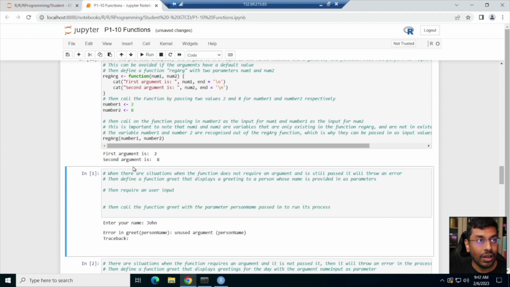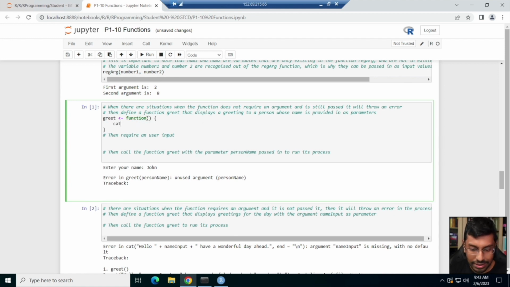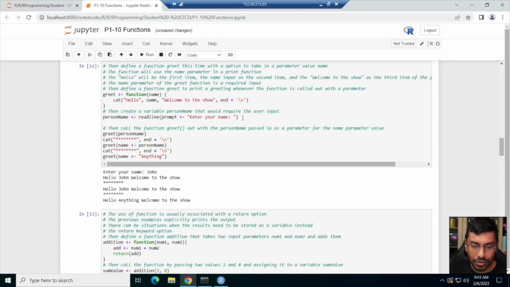Okay? When there are situations when the function does not require an argument and you still pass it in, it will also throw an error. So this is the other way around. Here, let's say I use a greet function, basically a very simple function where there's no argument required. You just say cat hello, right? Just a simple cat. Okay, then require username. Let's say for some reason I say I need a username, right? Let me go and copy username from here. You don't have to type it out,